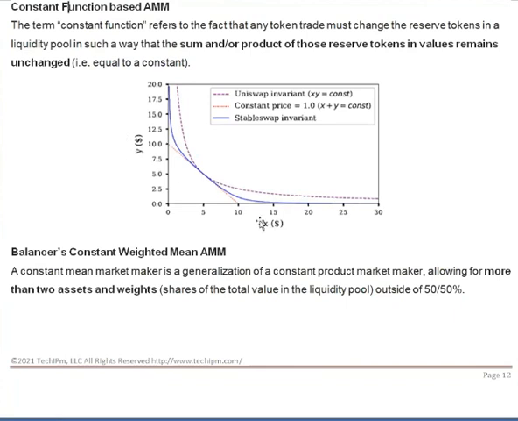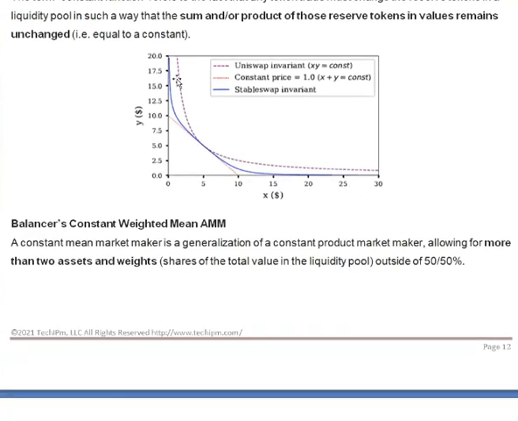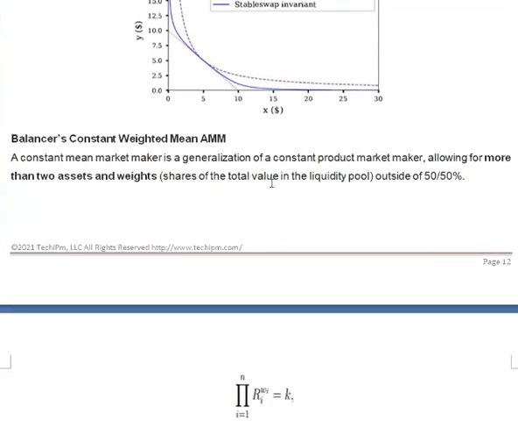So, two tokens. The previous bonding curve is a relation between price and supply. Here is a relation between two token prices. So this is another type of bonding curve. Uniswap is very well known, and then Curve Finance is another one, and then Balancer, a constant weighted mean